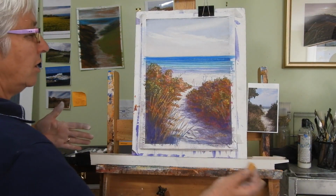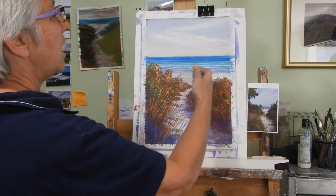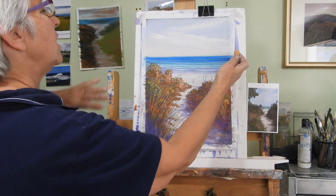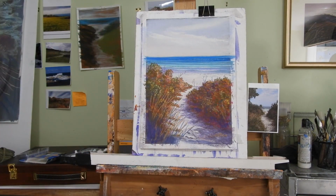So now we've got a nice lead in through the path that curves around, that has some of the path hidden here, and here leads out to the waves. The waves take you to the water's edge there, and then the clouds sweep you up into the sky a little bit. So I finally finished that painting,